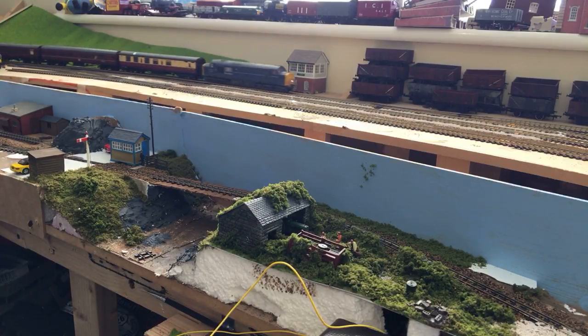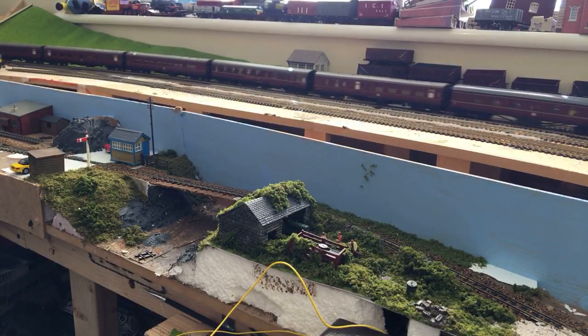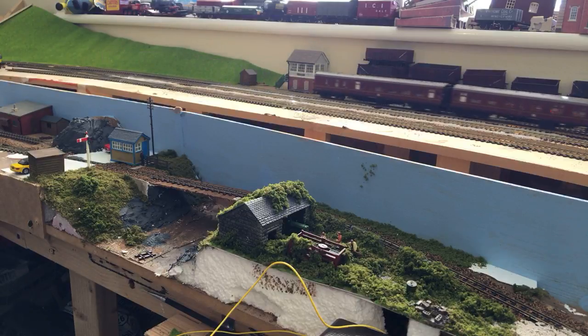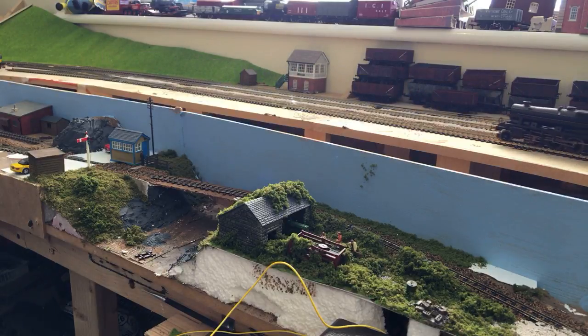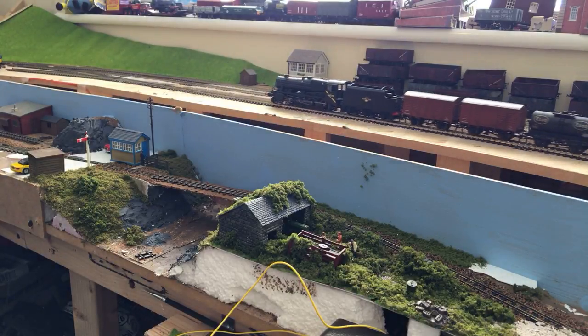Guillemots. I know you bought a new Guillemot the other day at the show because there was one there. £19 I think it was, or £80. And mine is a poor runner, so I'm thinking about that. Before we get the narrow gauge running, the last thing I bought from the show,